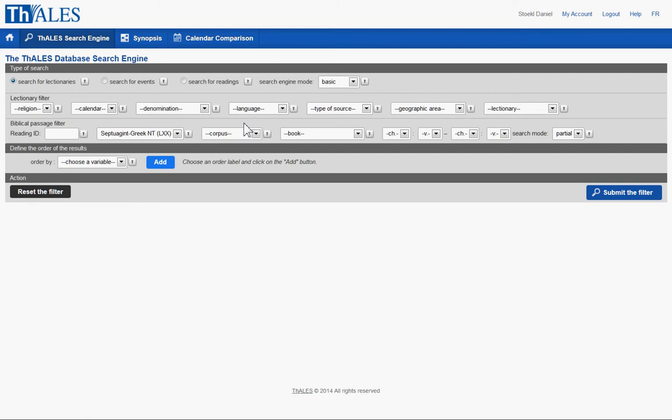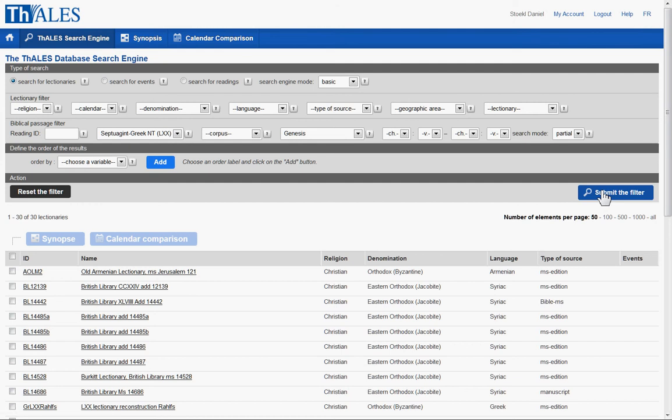The one thing I need to explain is that the Bible version you choose here will impact the menu options here. So what kind of corpora or what kind of books you can choose from, the maximum chapters and the maximum verses of these chapters. It will not impact the results. We do not have yet implemented versification transformation or conversion. So even if you choose here Septuagint and Genesis, you will get results coming from the Peshitta,